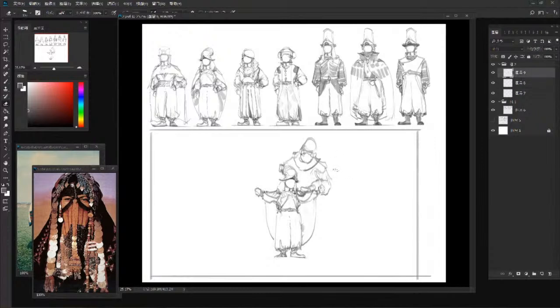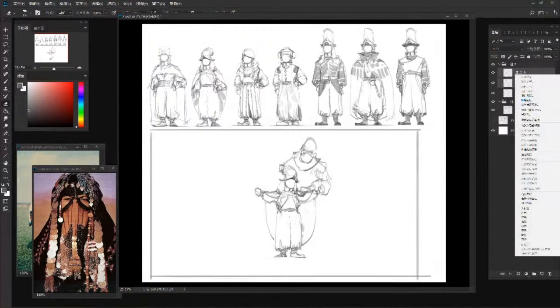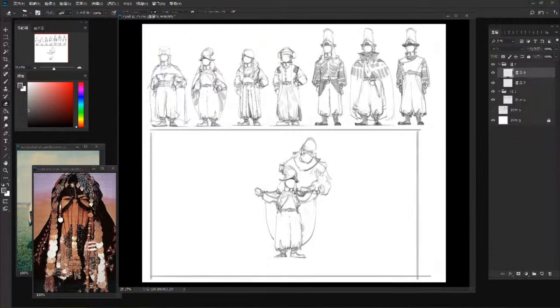But no matter what kind of art style you're going for, having the ability to lay out all your characters on a nice looking sheet is useful whether you're doing a personal project or a professional one. That's going to be something that can help you a lot.